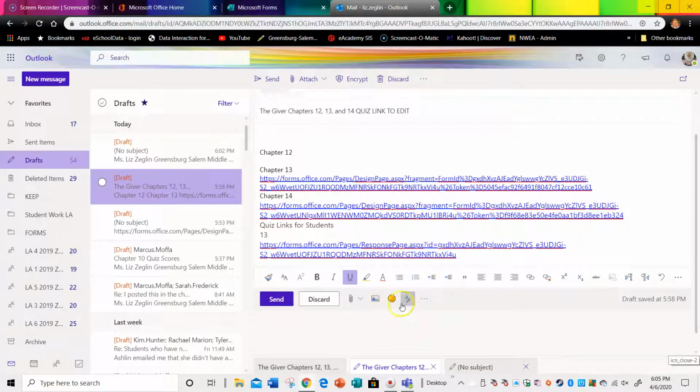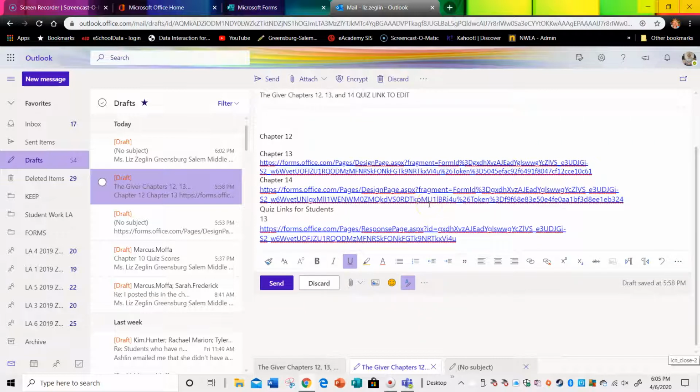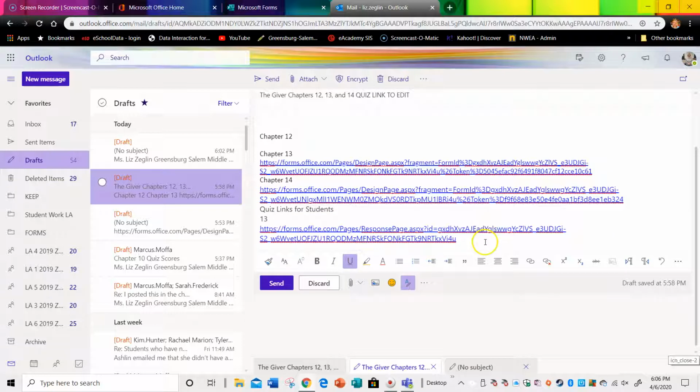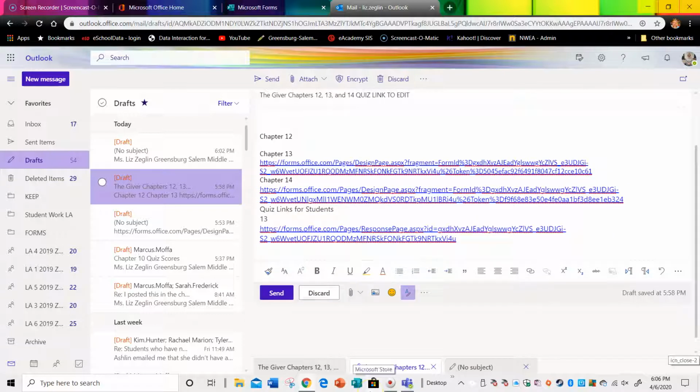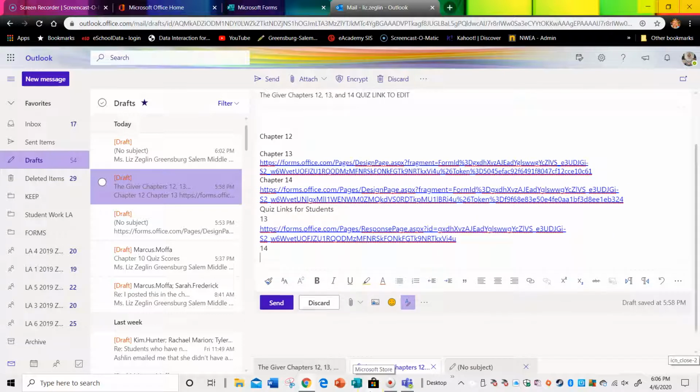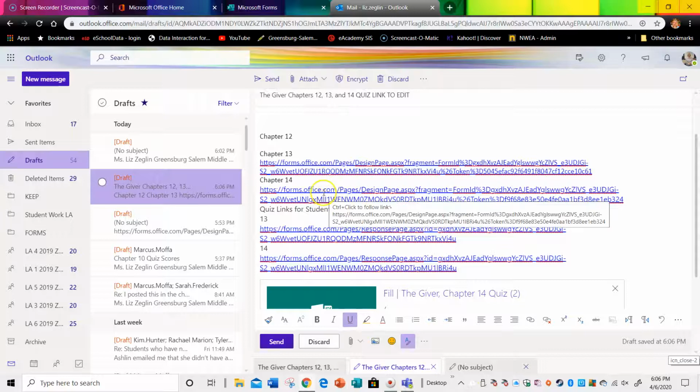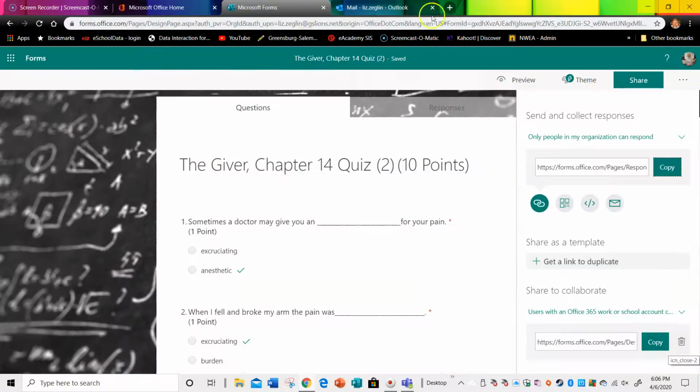Okay, so what I've been doing is just setting up a little email, almost like a chart here, just for myself, so I know this is the student link and this is the teacher link. Okay, because they're two different things, and if I send this to students, they won't be able to take the quiz. At this point,